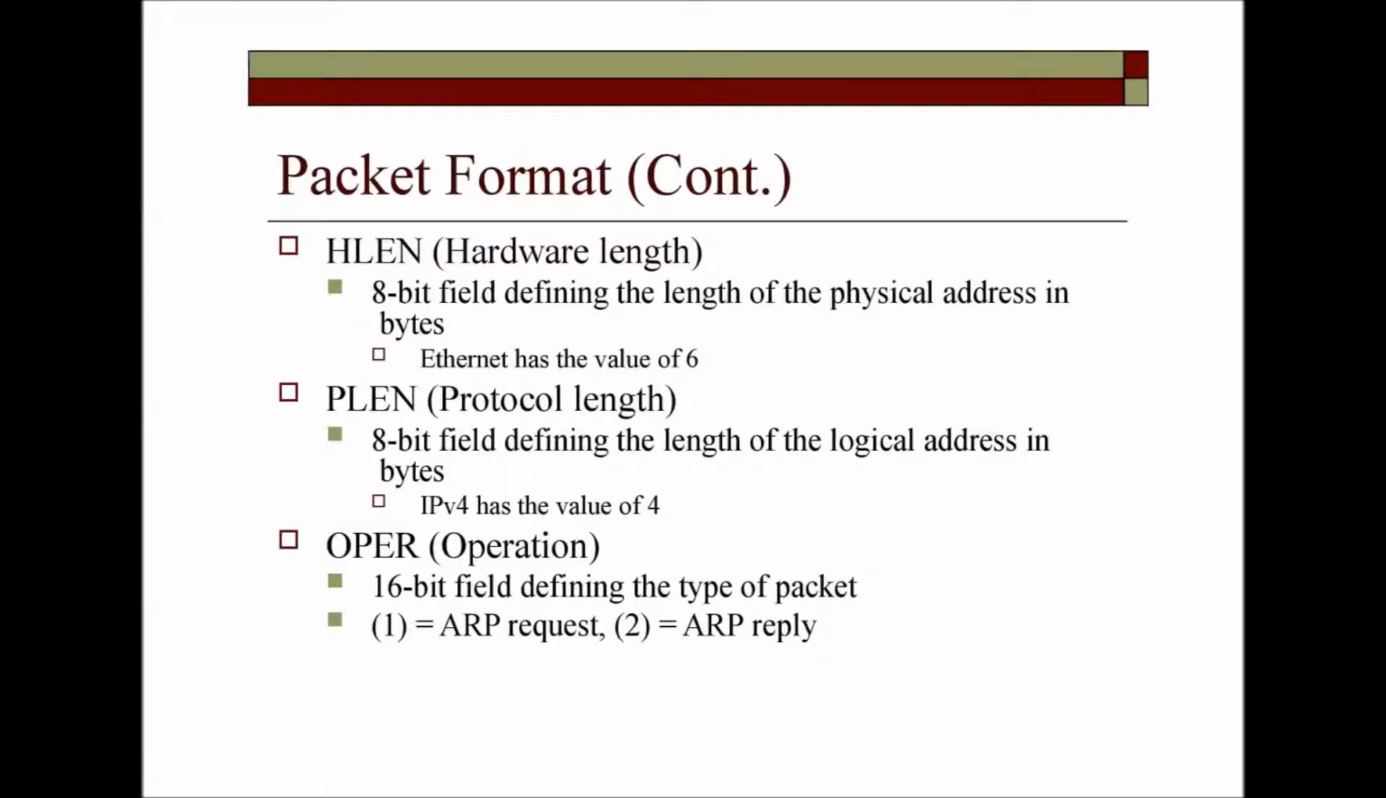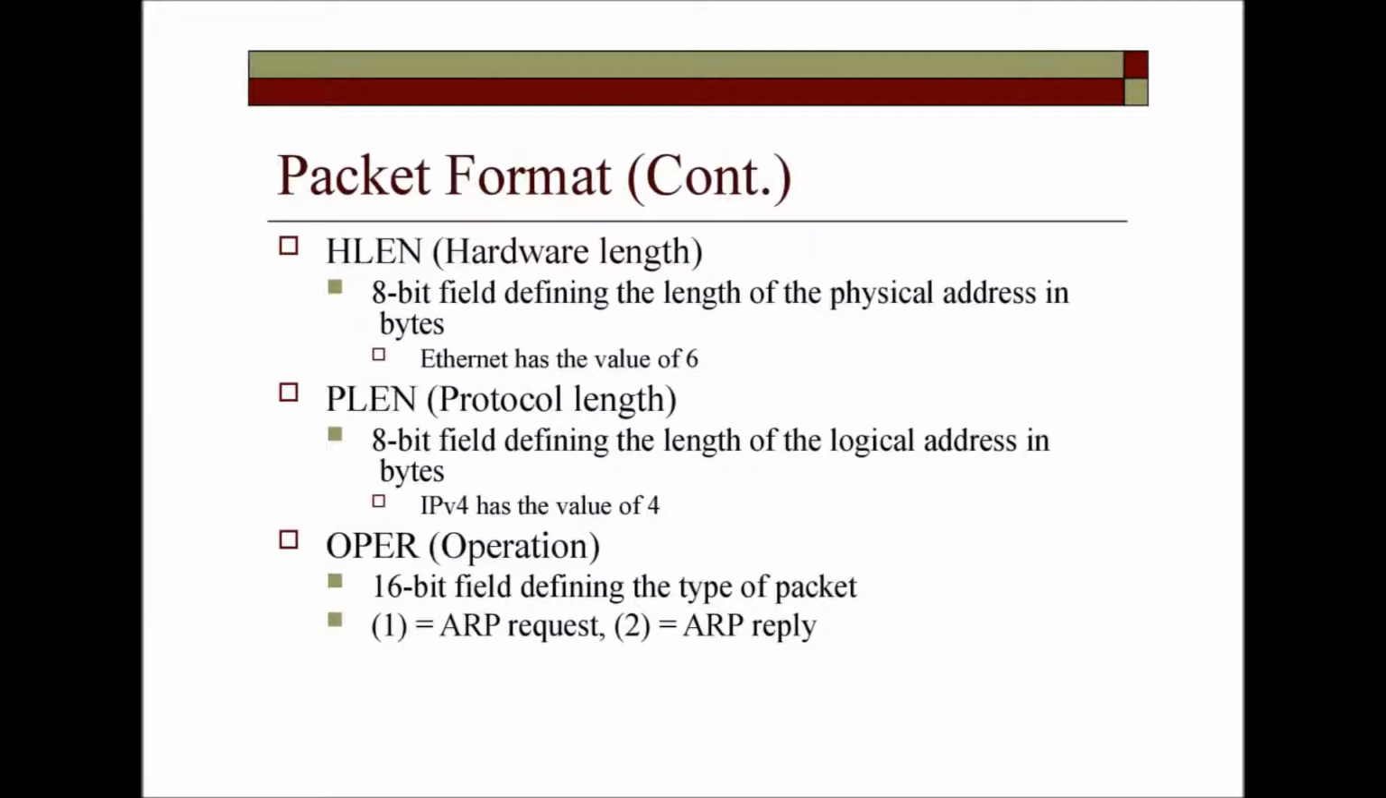Packet format, this is a continued topic till the end of the lecture. H length, which is the hardware length. It is an 8-bit field defining the length of the physical address in bytes. Ethernet has the value of 6. As we have discussed, the physical address is a 48-bit address, and the physical address contains 6 different portions. That's why the value of